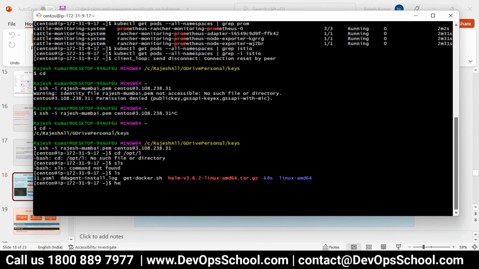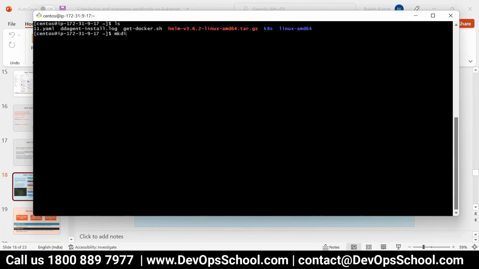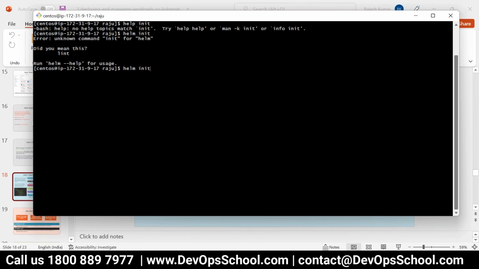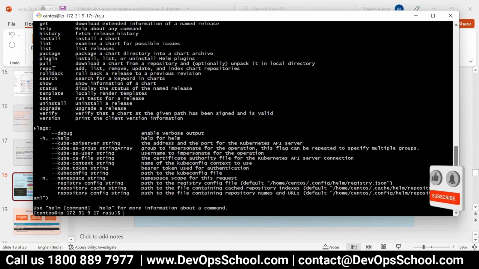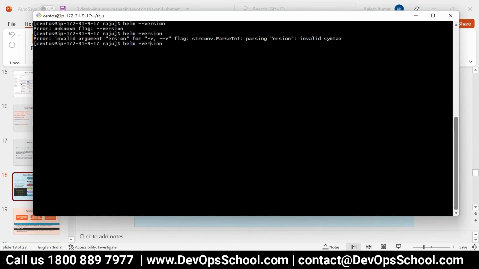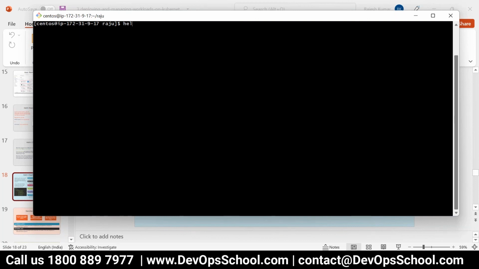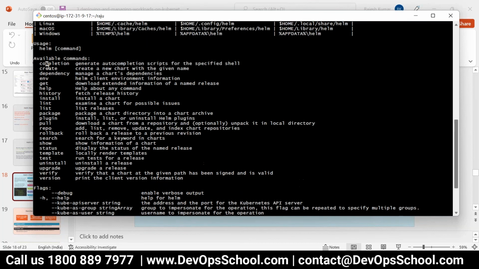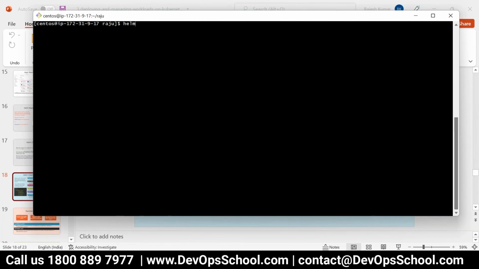Yeah. So now mkdir Raju, cd Raju, and here you just type helm init. Helm init. Wait a second. Helm init, and now init command, I'm just looking for this. In which version of Helm was it removed? Just a second. So here, create. You can use the create command instead of init in this version. So helm create